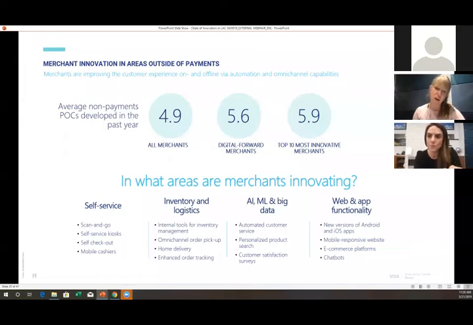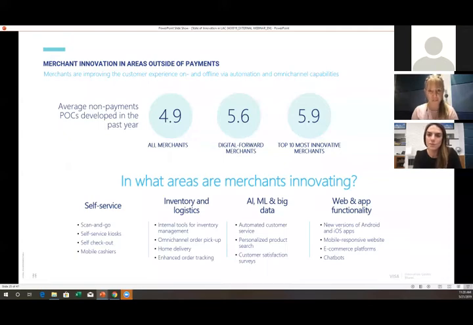But we also see innovation and technology across other areas: inventory and logistics for e-commerce companies, or companies that are getting into e-commerce for the first time, figuring out the best way to have excellent fulfillment of my goods. Then there is the incorporation of artificial intelligence, machine learning, and big data, which can be used across multiple areas in your company. We're starting to see automated customer service, personalized product search, especially on your online website, and in customer service